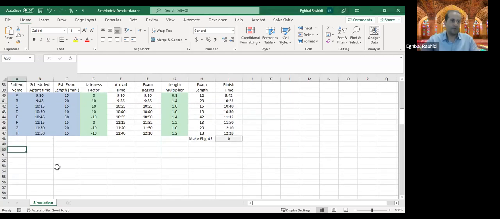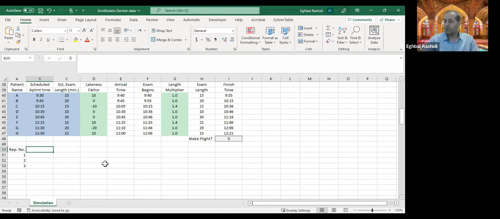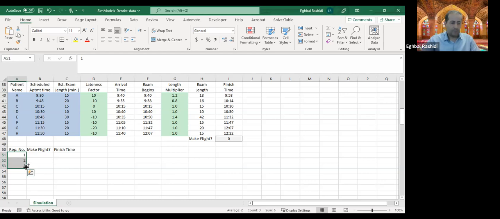Okay, so let's do that here, for example. Replication number: the replication number is, for example, 1, 2, 3. And here we want to compute, for example, whether he makes the flight or not, and also, suppose that we want to see the finish time of the last patient. Right? Because I want to run